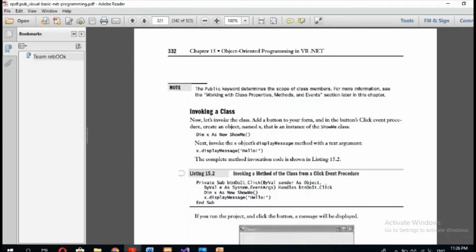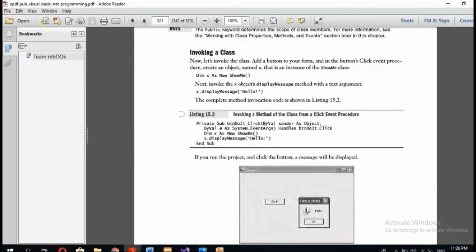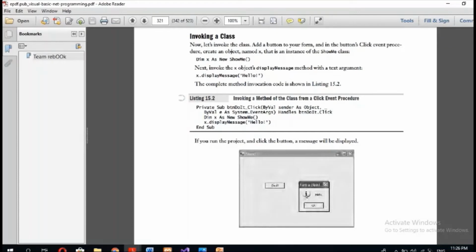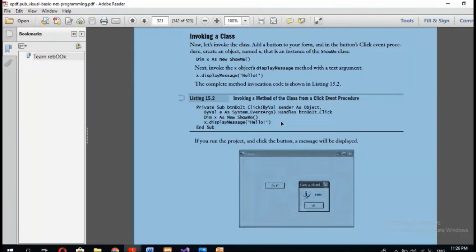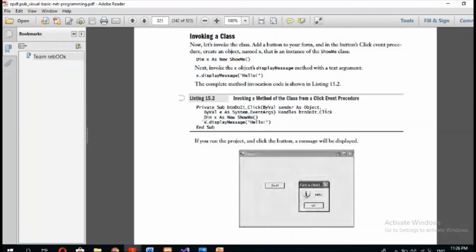So what we are going to do is create a form with a button. Inside the button, when we click the button, we will create an instance of a class, an object, and call x dot display message hello. Why am I calling it an instance of a class? Because here we are calling the display message function with the string hello. Another instance can call display message with the string bye. Another instance could call it with how was your day, or another could be welcome, goodbye, hello world.